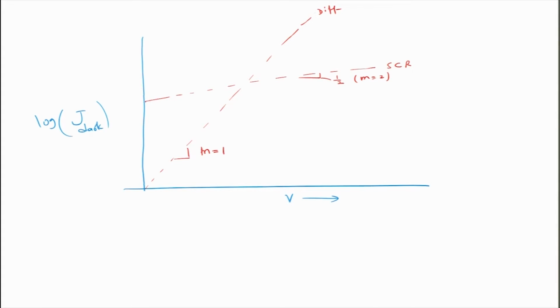Generally what we observe is a trend like this. At the smaller voltages we have space charge recombination. When all the traps are filled, it goes to diffusion current. This typically happens at lower voltages. So, at lower voltages you will have space charge recombination current, where the slope will be half, and at higher voltages, when all the traps are filled, recombination reduces. As a result, the carriers move away from the junction.